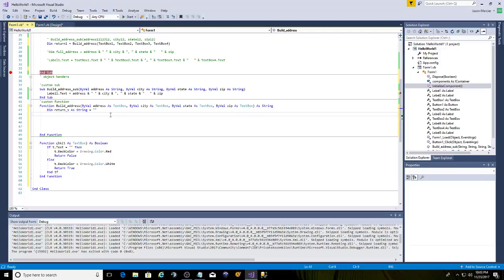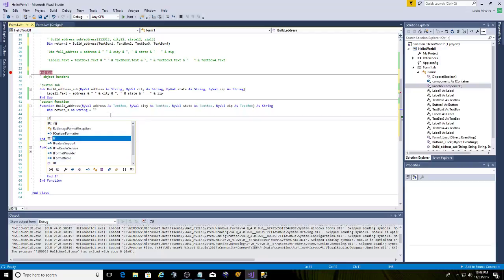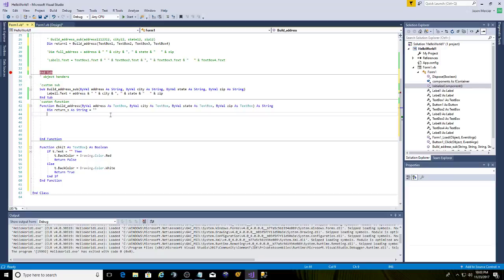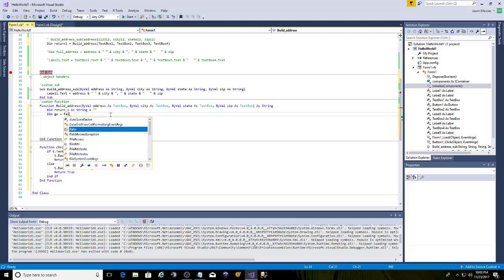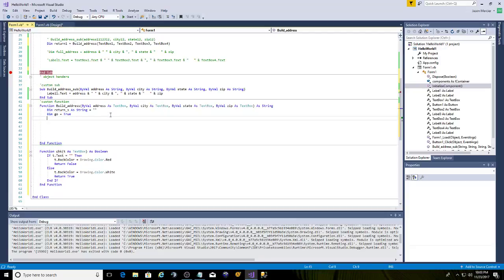So the reason being is that we want to say, all right, so here we go. We're going to set up our own little Boolean value up here. We're going to call this Dim go equals false. Well, go equals true just for fun. All right. If go